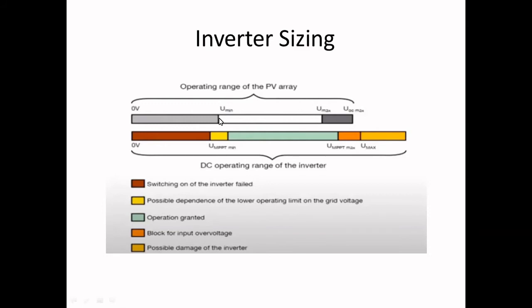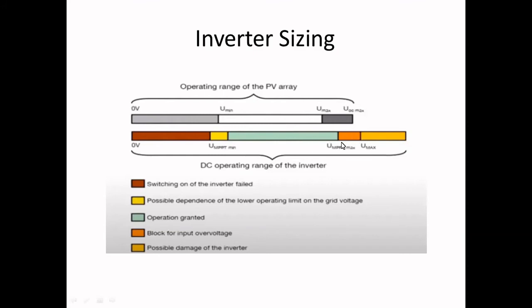This is the minimum value of the solar PV array, and the maximum value. We have to get the voltage minimum and we have to fix the voltage level of the solar panel between this minimum and maximum. Accordingly, the MPPT techniques will also be incorporated into the inverters to get the maximum power out of the system. So the MPPT minimum should be here and maximum should be here. So according to the PV array's output, we have to fix the inverter output. Okay, there should be some margin for the inverter on the minimum side and also on the maximum side.